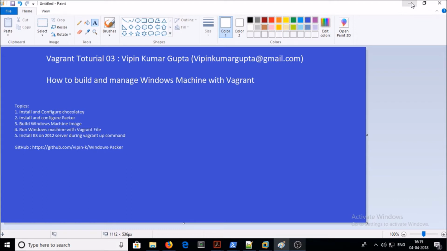To build and manage a Windows machine with Vagrant, we require some additional software along with VirtualBox and Vagrant. We require Chocolatey. We require Packer. So we are going to install and configure the Chocolatey and Packer tools, and then we are going to build or run a Windows machine with the Vagrant file, and we are going to install the IIS during the Vagrant